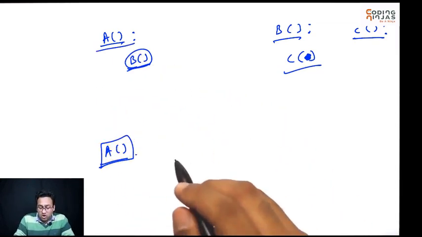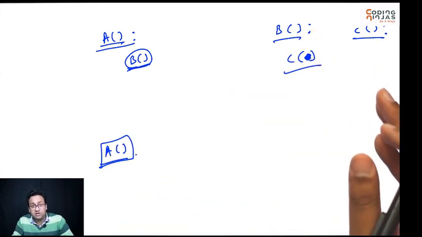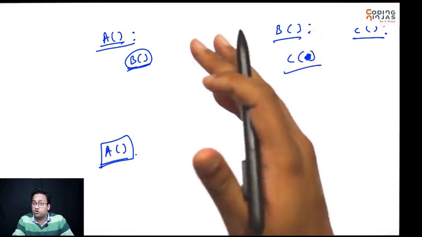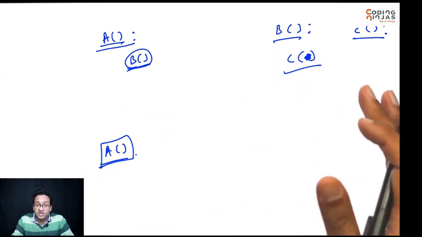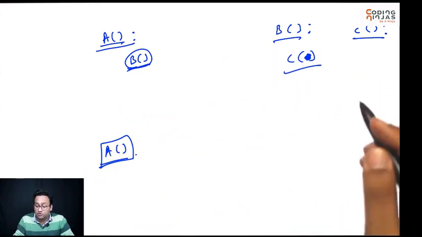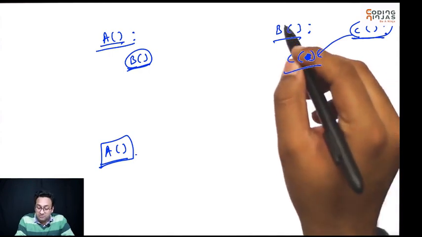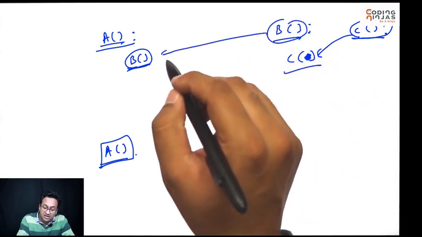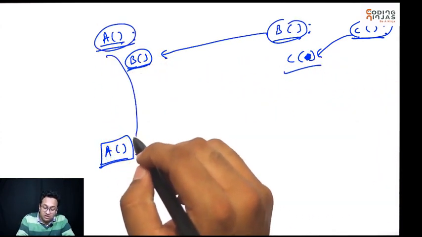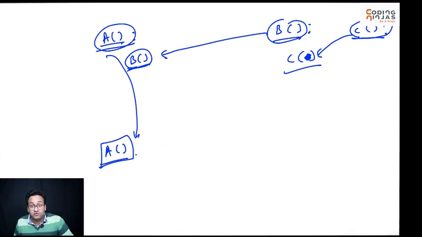So there is all this work. While all this work is happening, you need to store all the variables. You have so much data around that you need to store. You need to know when C is done with the work, you need to come back here. When B is done with the work, you need to come back here. When A is done with the work, you need to come back here. Right? That's how things were working.